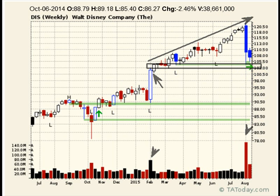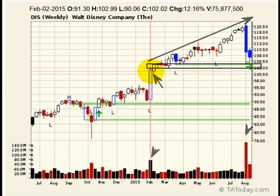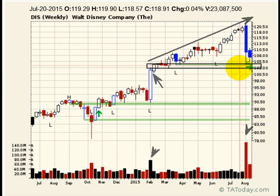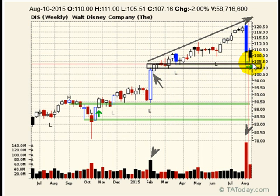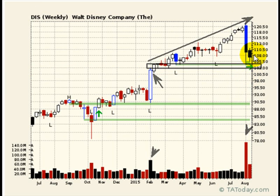So ideally what you'd love to see right now, if this thing tests the bottom, and to review the numbers here, the bottom is 104.24, you'd like to see it come into this bar as well, 102.99. That would be the ideal case. This is on a weekly. See it come into this area, get under, hit into this, hold, right? You could take the position at that point on the assumption it's going to hold,